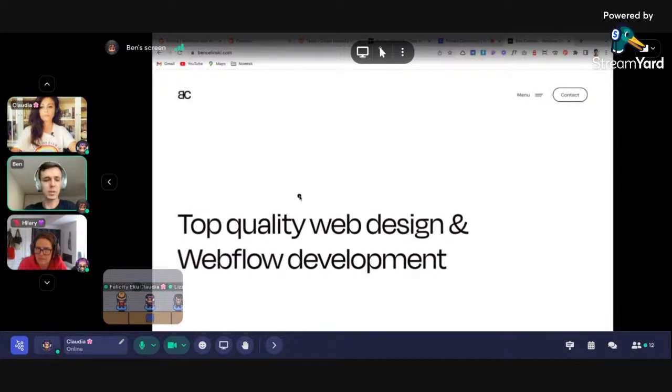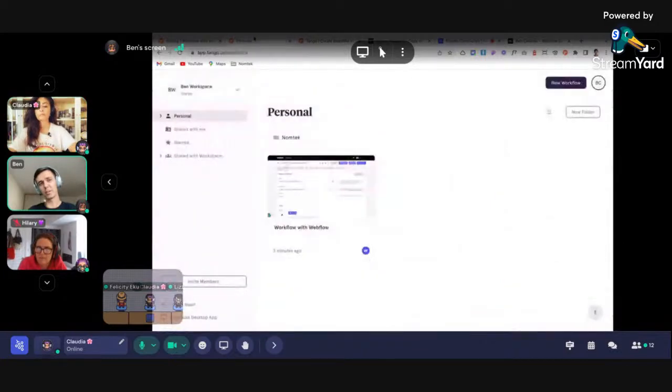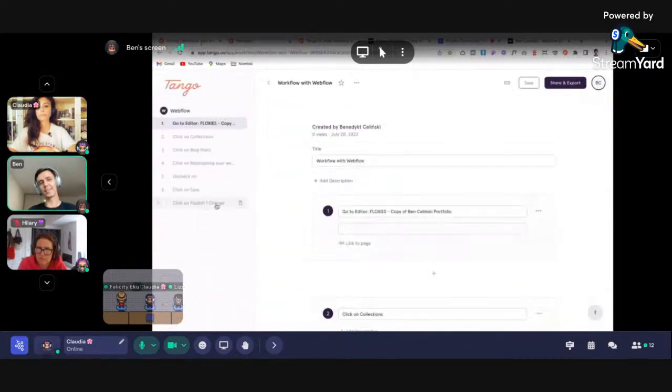And it turned out that when I started Tango in the background and wanted to cover the whole process, it went over 100 clicks. Oh, wow. So it would generate over 100 steps. Normally you don't think about those clicks, you just do it. But then it would be a nightmare to remove the steps.